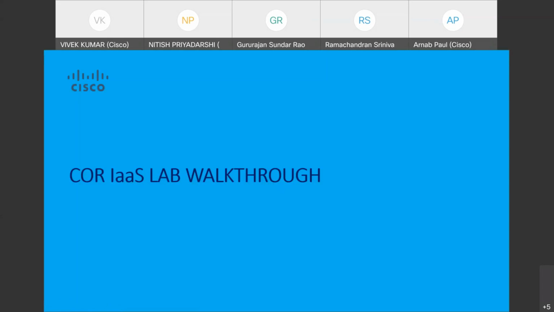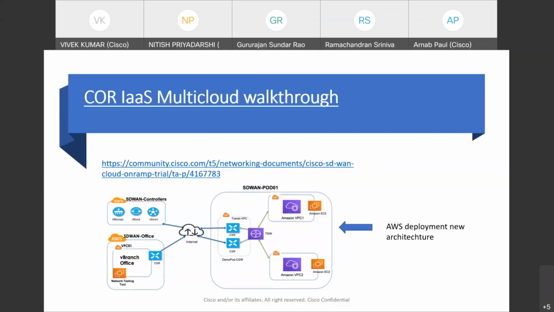Now I will take you to the CURIS lab walkthrough. So, the CURIS multi-cloud walkthrough. As I mentioned, this is the open link you can use to create the free trial for the CURIS walkthrough. You can have the experience of how we can configure it and get a glimpse of how it looks like. I'm also going to use the same lab to demonstrate in this